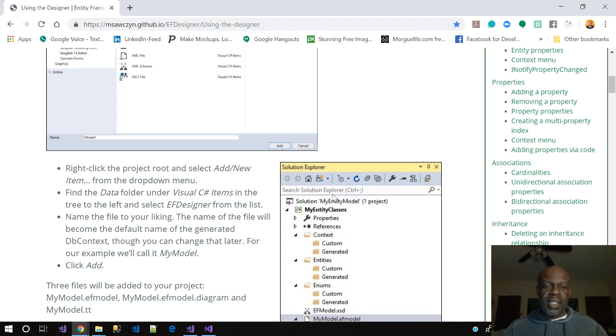I also didn't have any Core 2.2 on my machine, so I decided to get all that up last night because I couldn't get it working before. I was going to go the route of just writing a Dapper interface, leaving my old code in place and just using a web service. So last night I had an idea to install 2.2 and see if I can get this working through Visual Studio